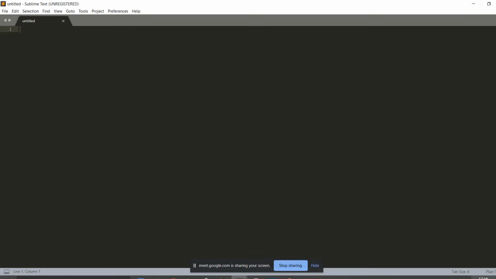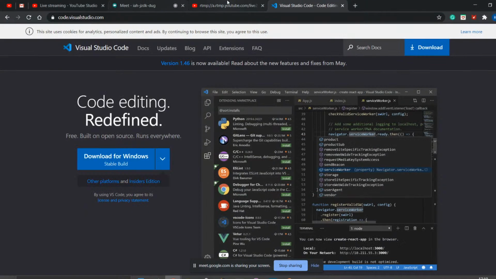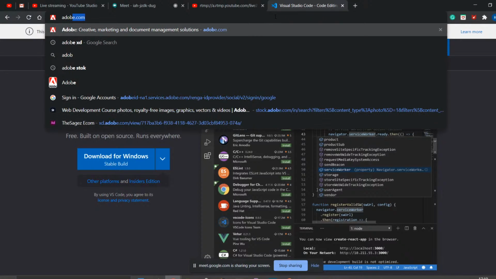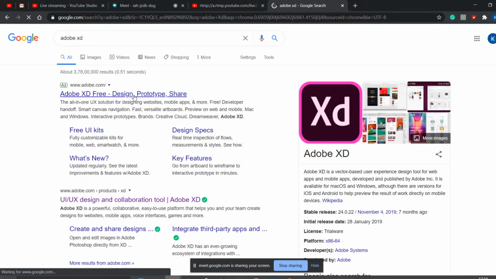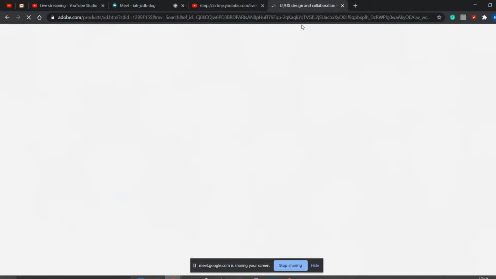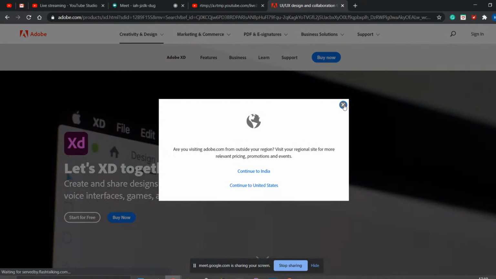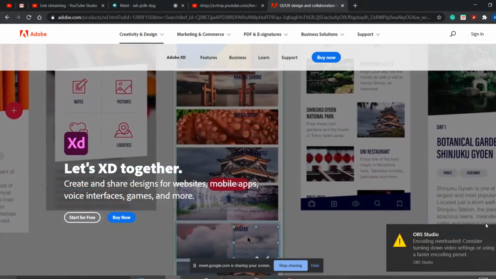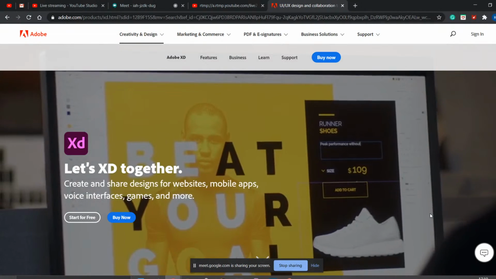Before going into it, we also have to have a server. If you are using Notepad, you'll just have this. And one more thing before moving on to the text editor: make sure that you have a designing tool, that is Adobe XD, which is an awesome tool. You can design with it and learn a lot from it, and this field is actually growing a lot. And we have two more things, that is UI and UX designing.